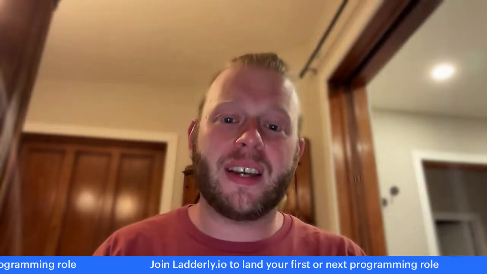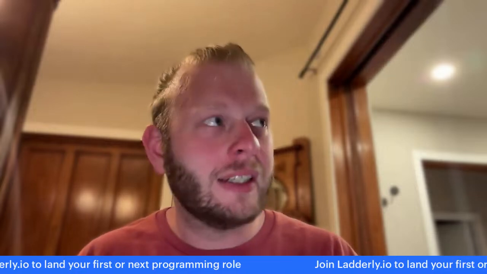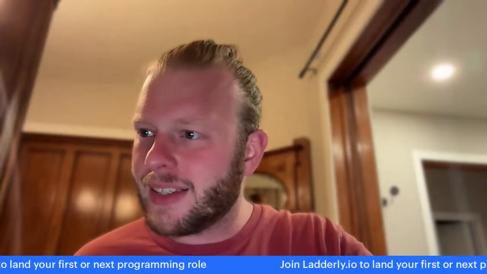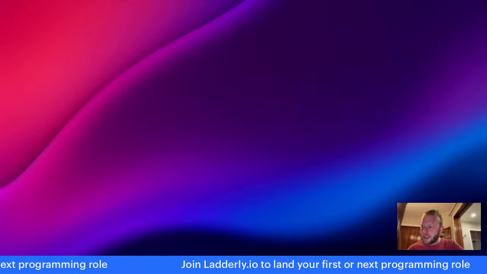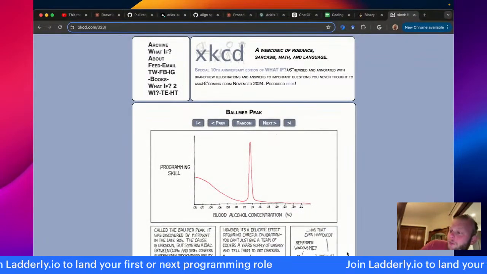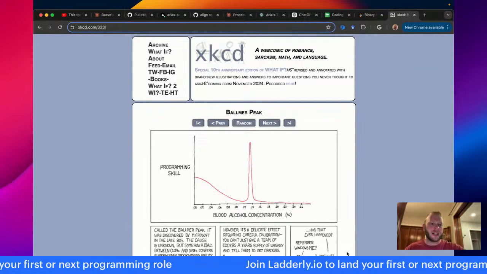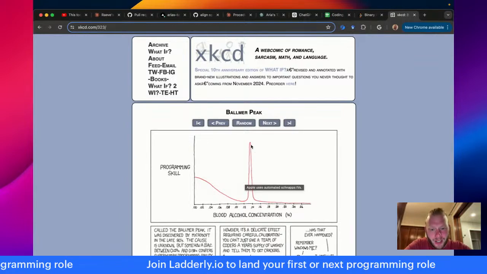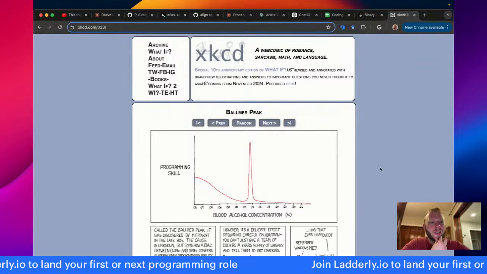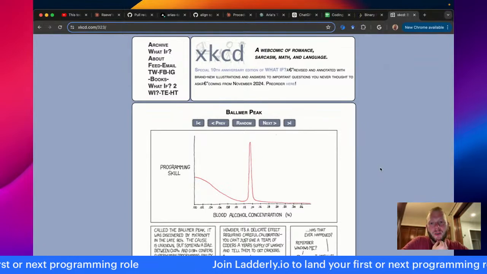Today, we'll be putting to the test both the Ballmer Peak theory of programming and also my Wi-Fi connection at the Airbnb. So, what is the Ballmer Peak? There's a link in the description, and I'll also show you an XKCD comic. It is the theory that a little bit of drinking will relax you and improve your performance. But obviously, too much drinking will ruin your performance. So, this is the Ballmer Peak. I will not be measuring my own blood alcohol concentration, but I will be sampling some local beers.